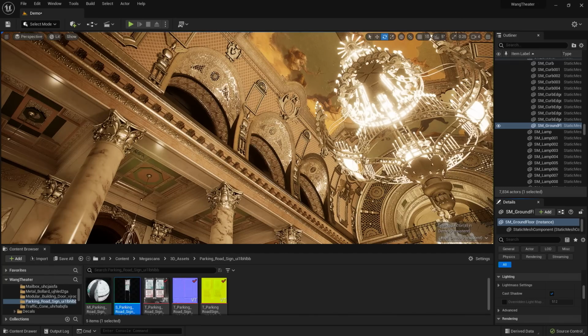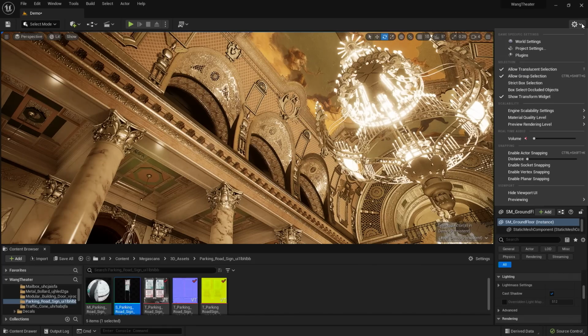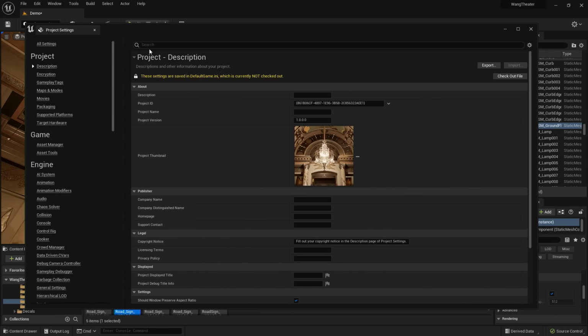Now, as I mentioned, I started with the ArcViz template, meaning that Lumen was already enabled in my project. But say you did not start with a template and want to make sure that Lumen is working inside of your project. You can go up to Project Settings, which are now on the right-hand side underneath this Settings cog. You can select Project Settings.